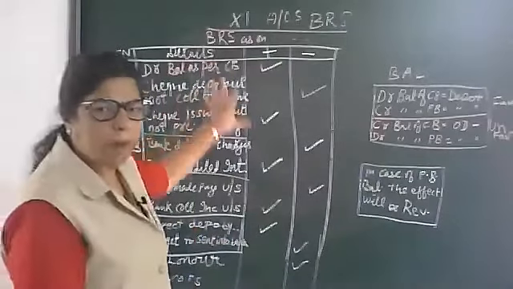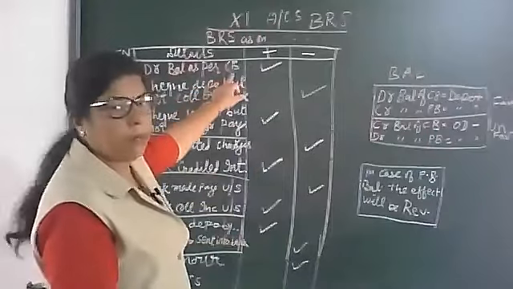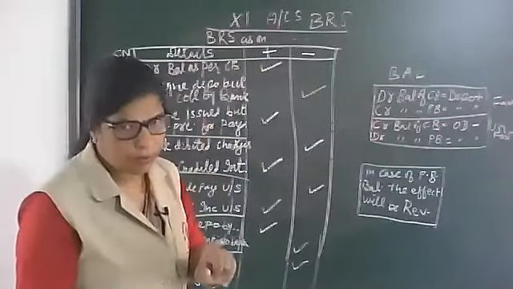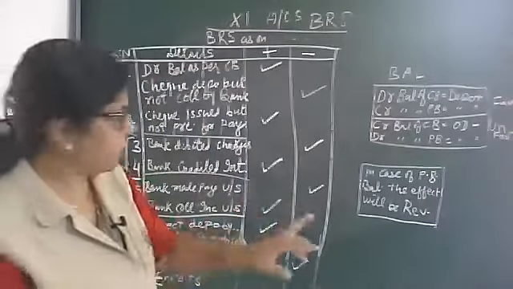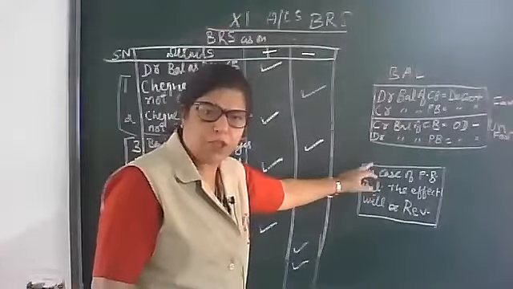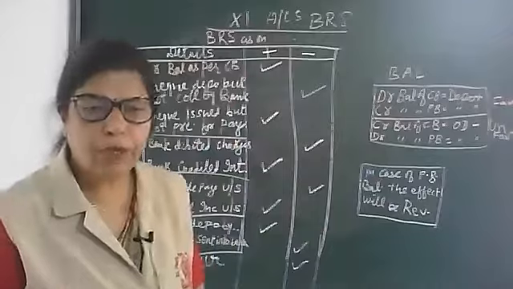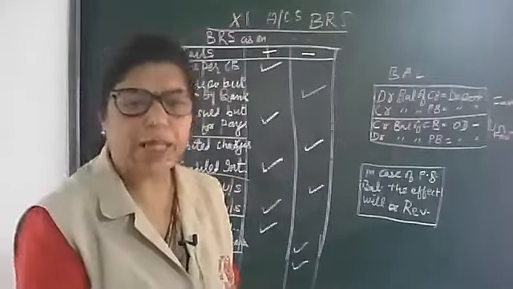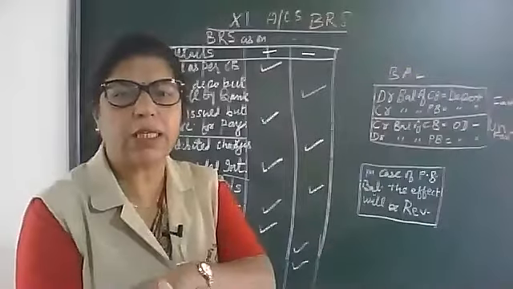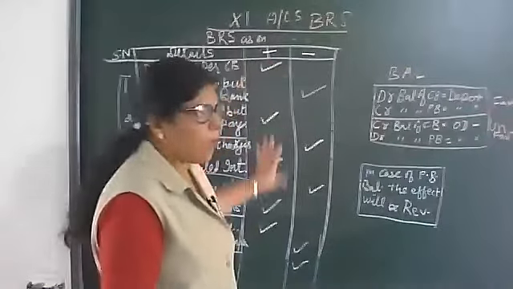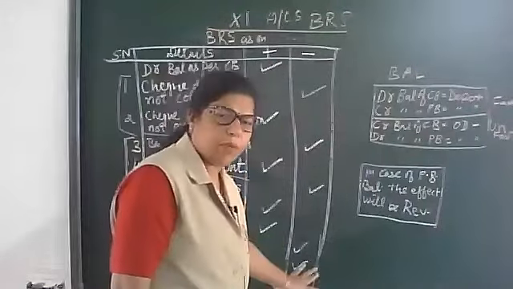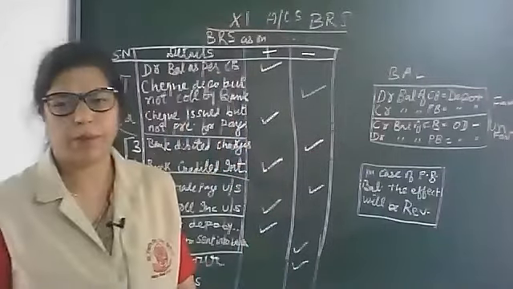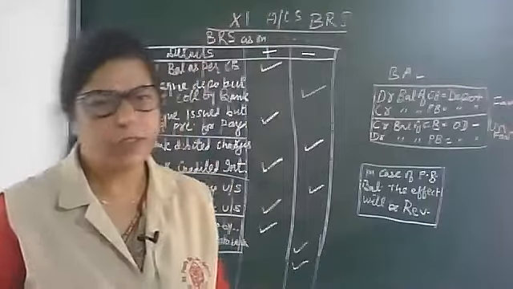See, this pattern is on the basis of cash book. Now, if the question starts with the balance of passbook, then reverse it. Add will be in minus and minus will be in plus. This is the easiest way.